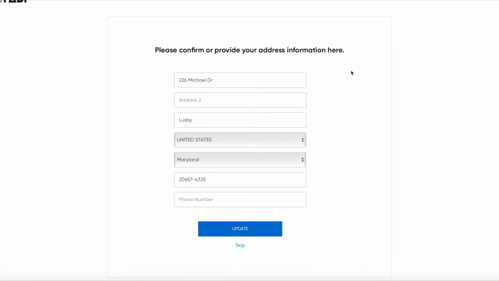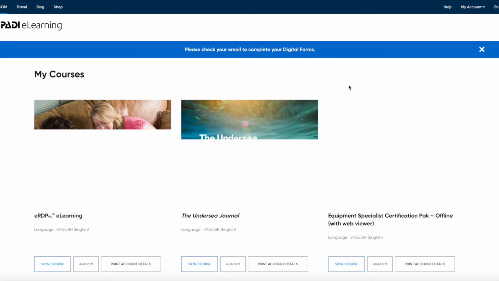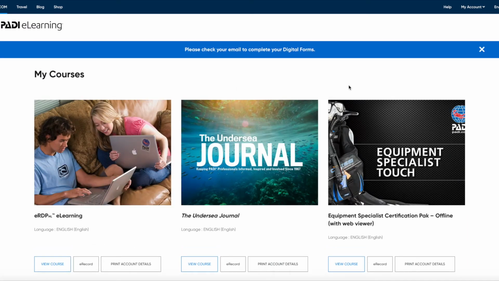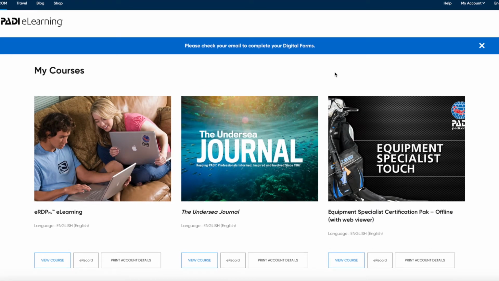So basically, what's happening now is we invited you to fill out some digital forms. It's asking you to go ahead and link that digital form that we sent you to your PADI account. Now if you look, it takes us to this generic page, but at the very top here in blue, it says, please check your email to complete your digital forms. So now that we've verified that the forms we sent you are linked with your PADI account, you can then go back to your email,